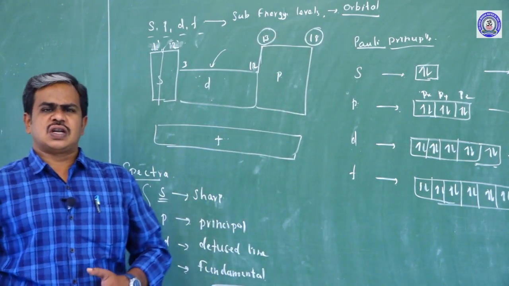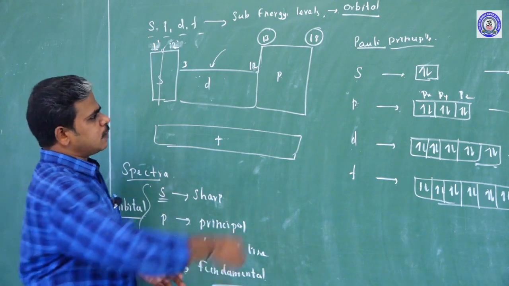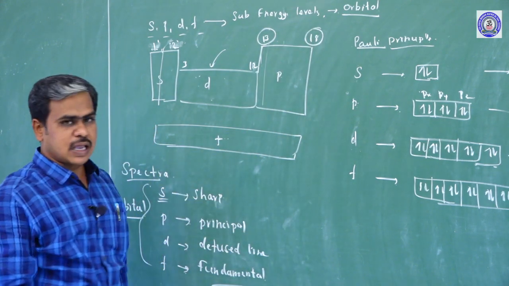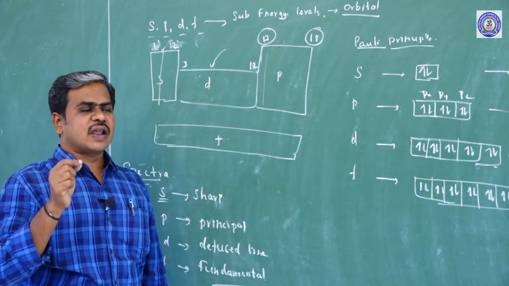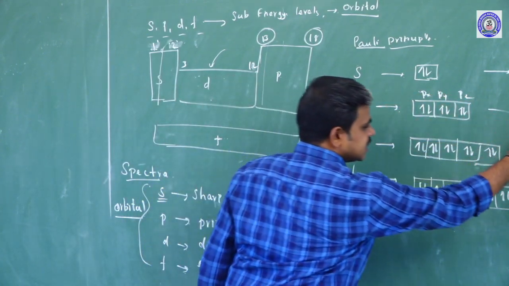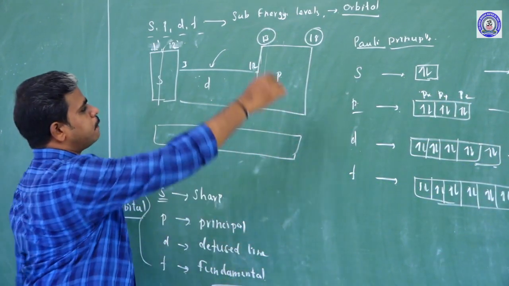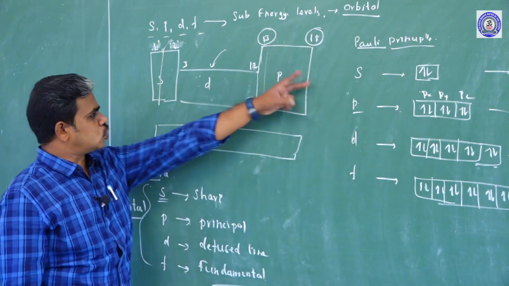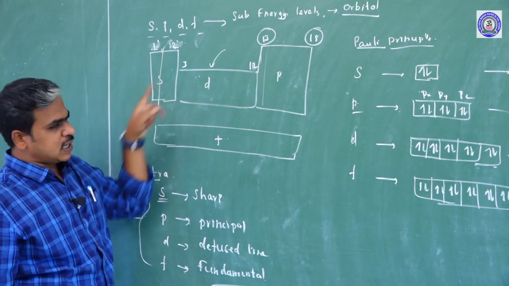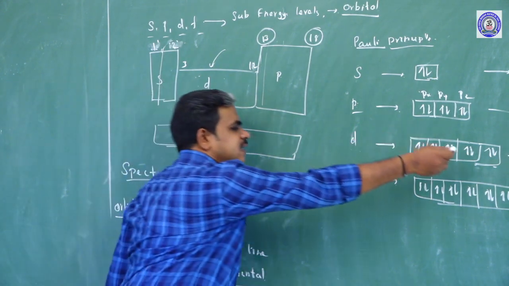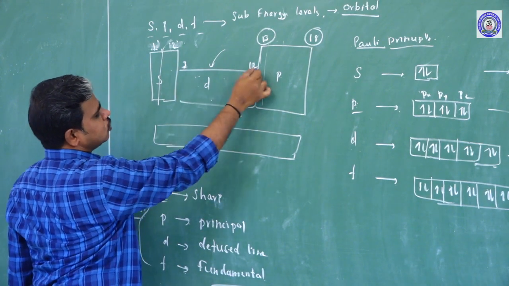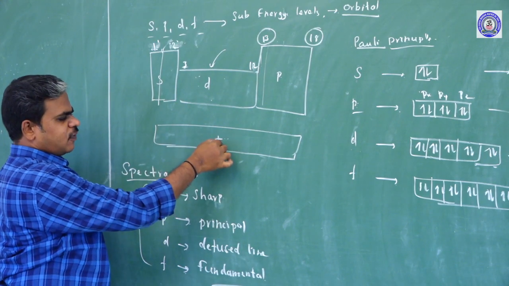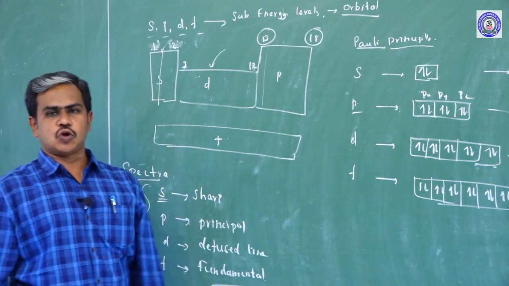So what is the definition of P block? Why is it separated into 6 groups, 13, 14, 15, 16, 17, 18? Because the maximum number of electrons in P orbital is 6, so P block elements are grouped into 6. If it is S, then it is 2 groups. Then how many groups in D orbital? It is 10, so 3 to 12, 10 groups are there. Then how many groups in F orbital? There are 14 groups.